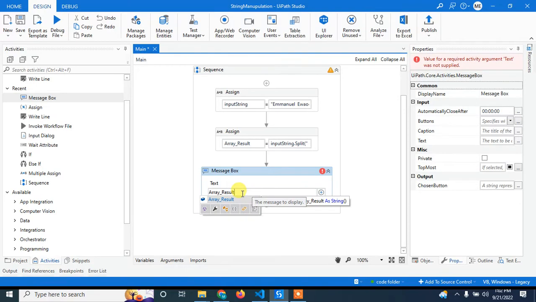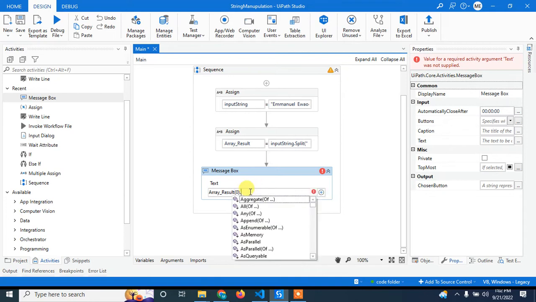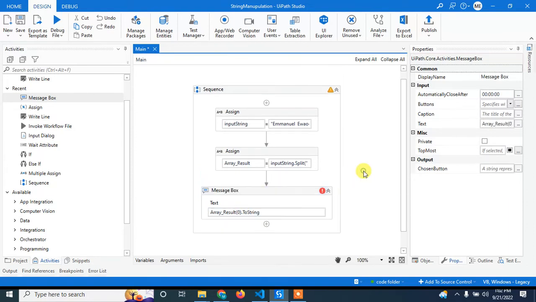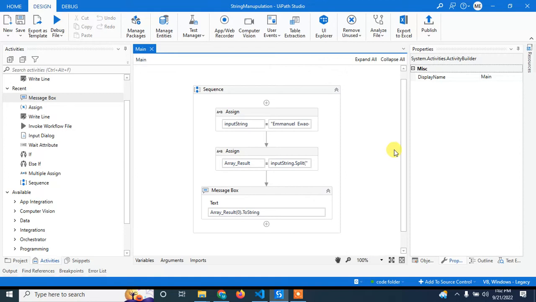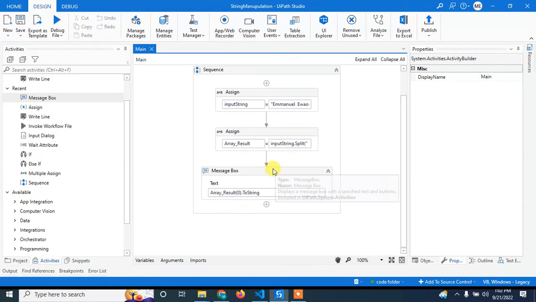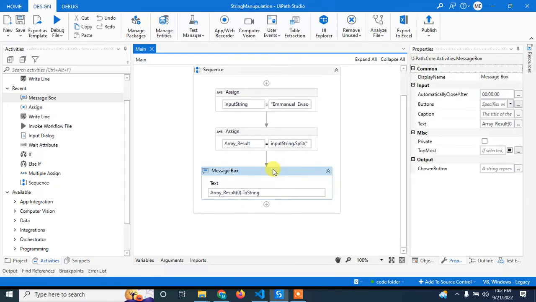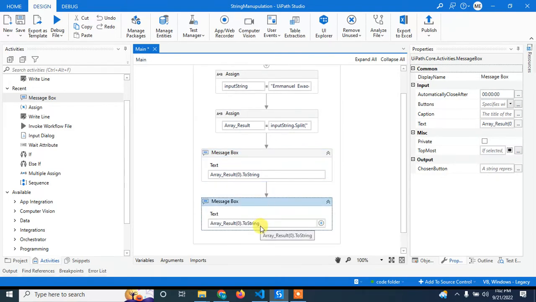Okay, so if I want the first name, this is all I will do. Pick the first name, which is of index 0, and then I will do ToString. So this should give me the first name. Okay, I'll copy paste, and then I want to also have